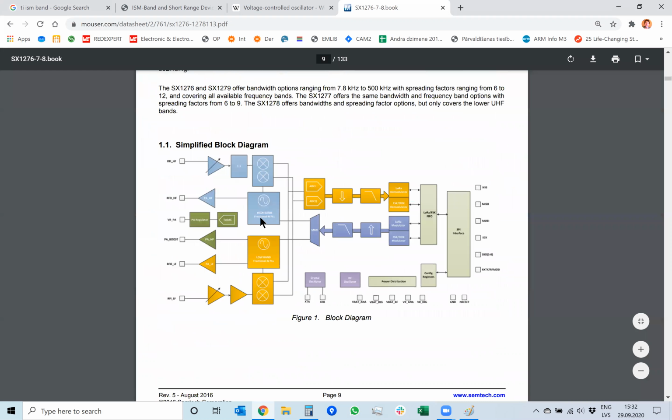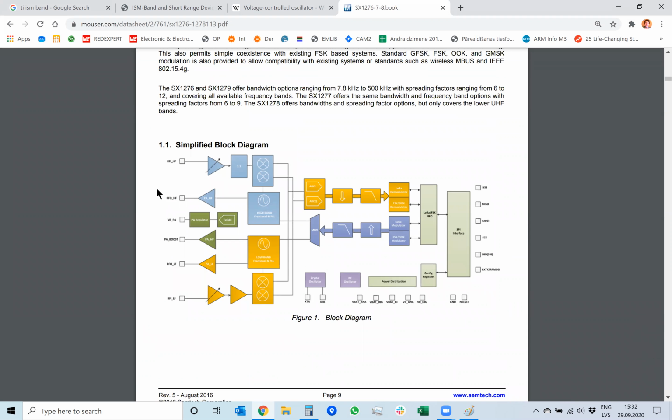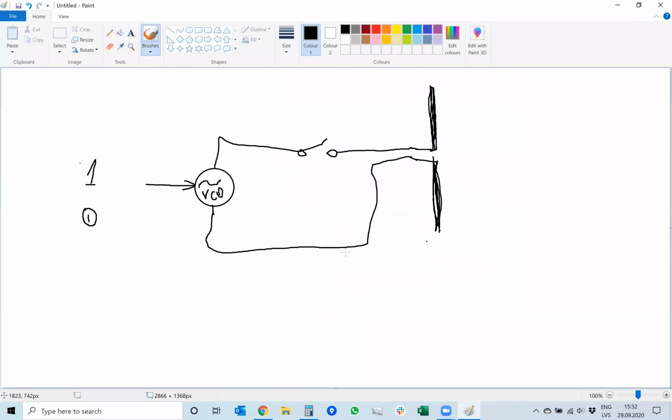So if we want to send a signal, high band fractional PLL, radio frequency out, high frequency. So I guess this is the part that is the transmitter. Okay, so you can buy them, you can probably build them, but these radio frequency chips have them built in. And this way you can change the frequency and you can send it faster or slower.